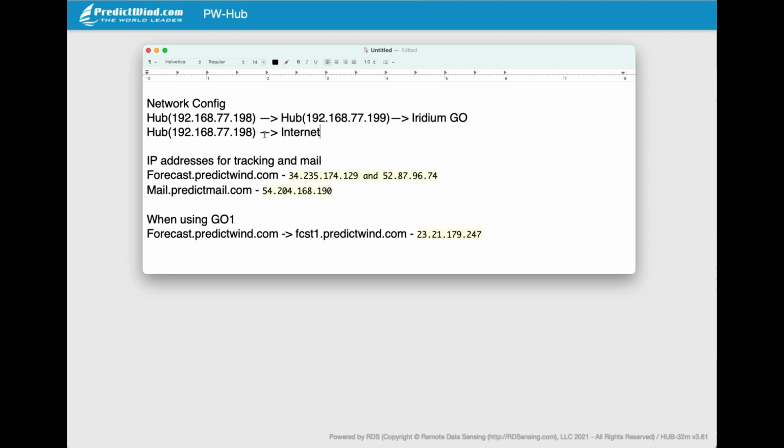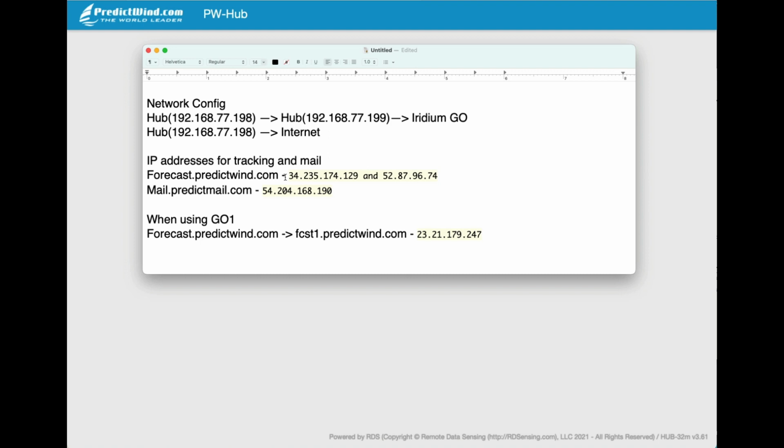When I need to debug the Go, I need to route my mail traffic and my router traffic and my tracking traffic to the Go and not to the internet. By default, it's just going to go over the internet, but of course we don't want that for this particular interest. So a couple things to know as far as IP addresses, since we're going to be having to configure static route tables in order to be able to execute this task, is the IP address for